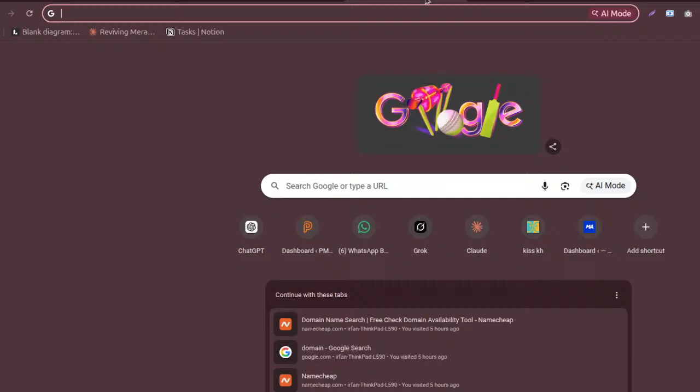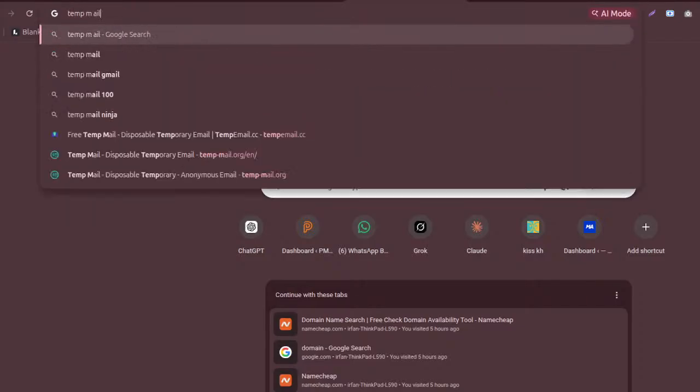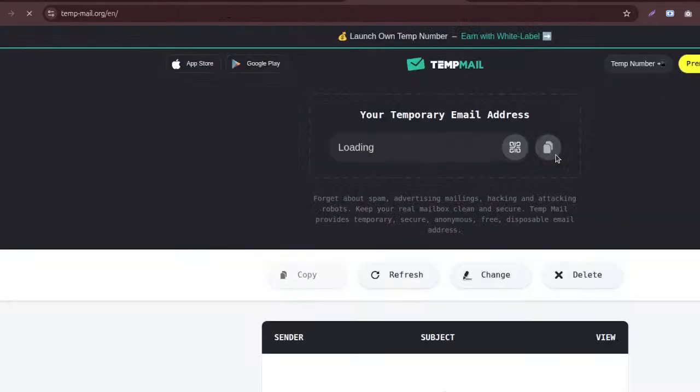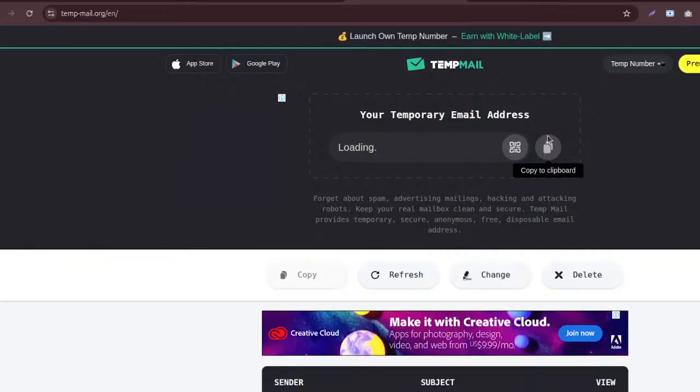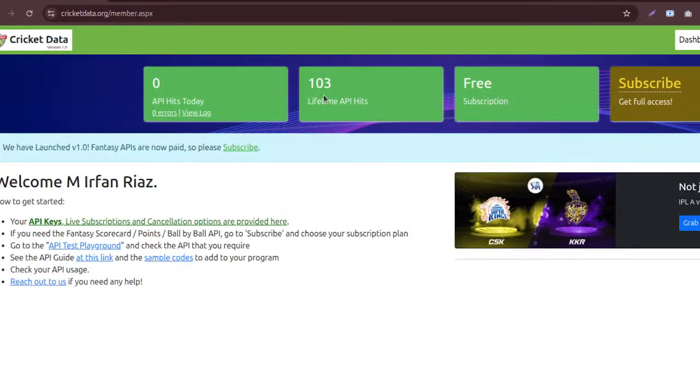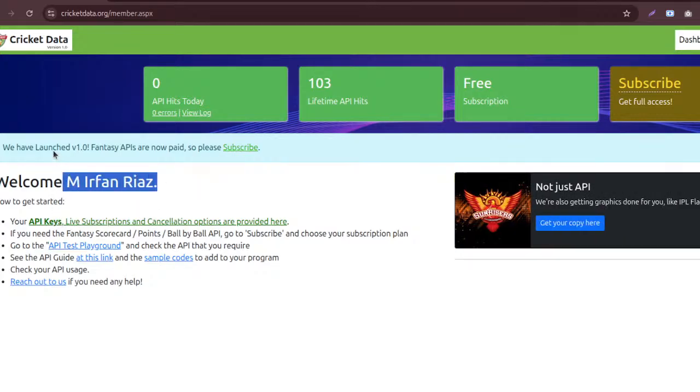I want to go to the template because I am not using my primary Gmail for this. Just copy. It's still loading. I don't know why it's so slow. It's saying, Irfan, you already have an API key.